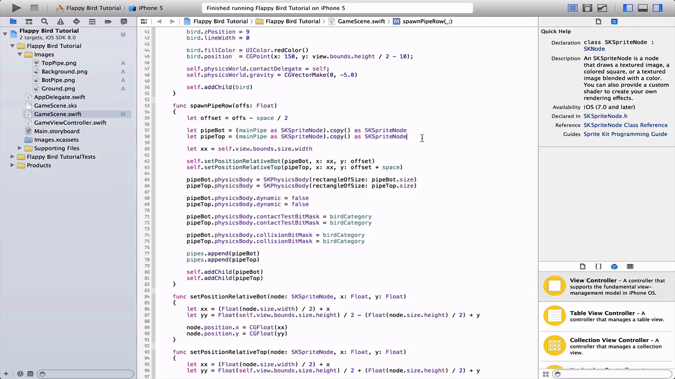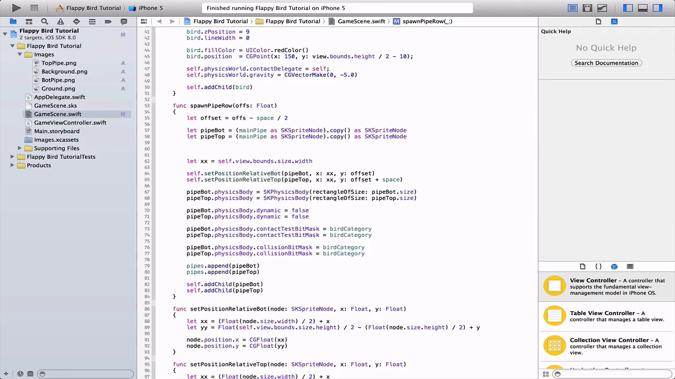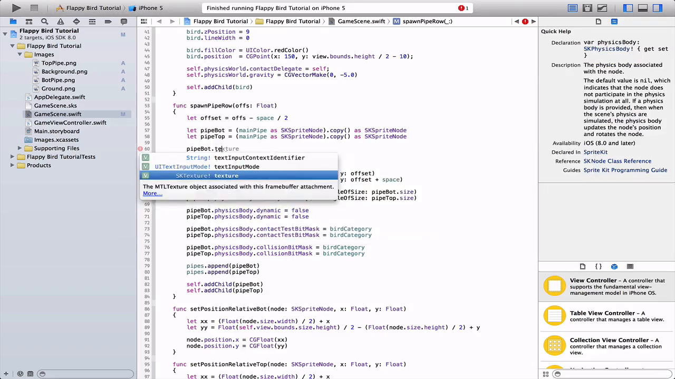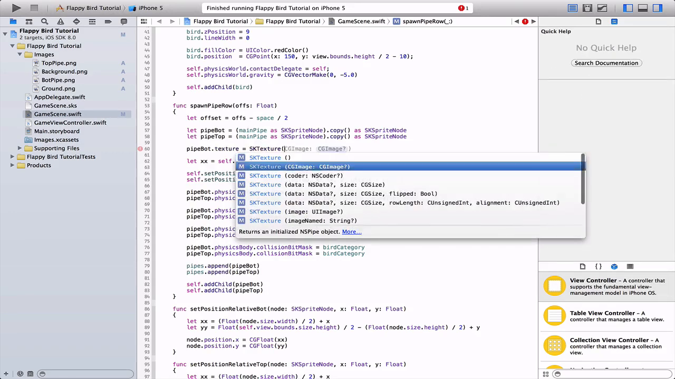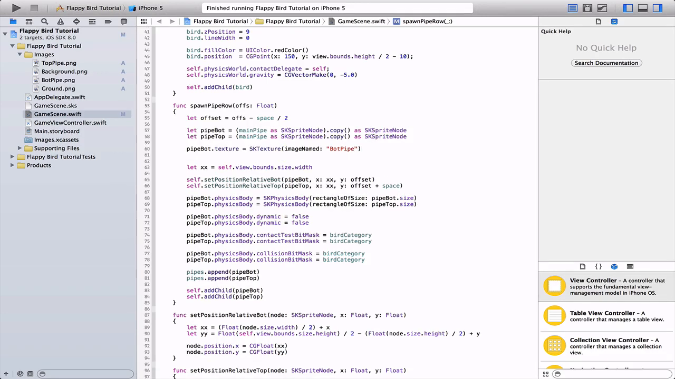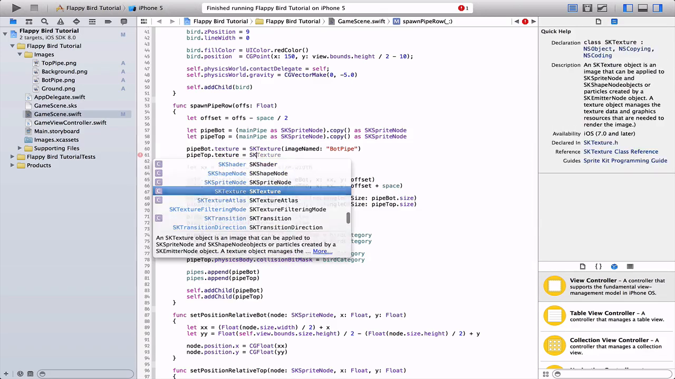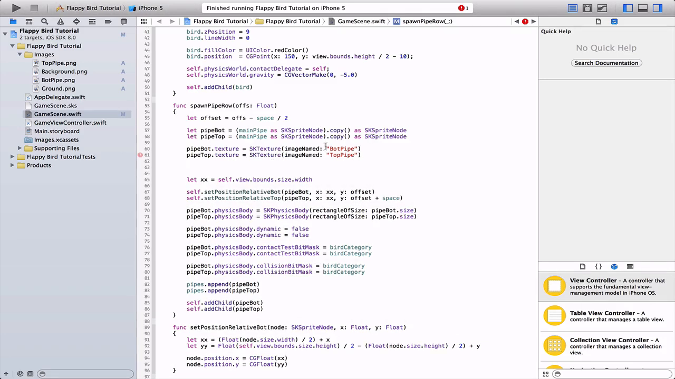Okay, so now to add the textures, you want to come into the spawnPipeRow function. So after here, we want to do pipeBot.texture equals SKTexture(imageNamed: "botPipe"). We're going to do pipeTop.texture equals SKTexture(imageNamed: "topPipe"). So now this will make it,